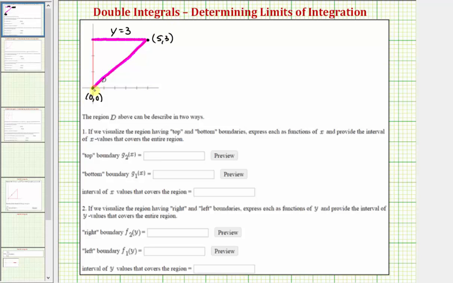So notice how this line has a y-intercept of 0, and using these 2 points, notice how the slope would be up 3, right 5, and therefore the slope is 3/5. So the equation of this line would be y equals 3/5 x,